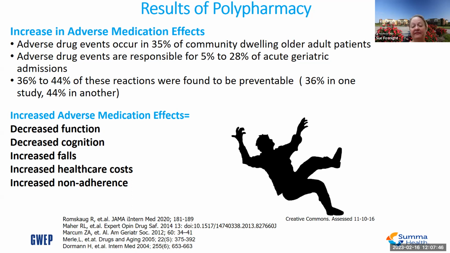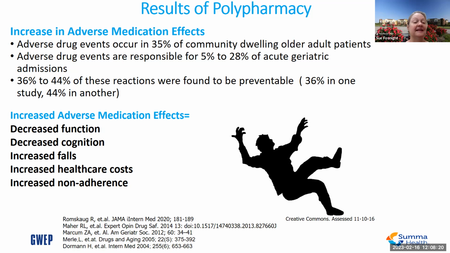Basically, it's an increase in adverse medication effects. And we do know our older patients, just because they're older, are certainly more prone to adverse medication effects. If you watch that video, you could see that we have all kinds of reasons for that. So changes in the way the drugs are handled in the body, and then also just changes in what we call the physiological reserves. And our younger patients also have some of those changes in physiological reserves, which is why some of the geriatric principles probably work for them.